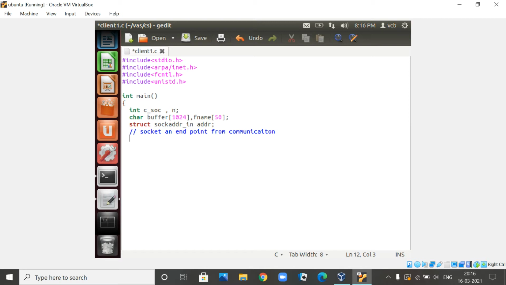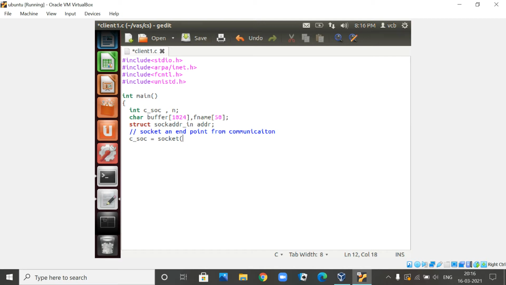Now how we are going to create a socket? This particular socket creates an endpoint for the communication and returns a file descriptor. So what is the socket variable we have used? C_sock is equal to the function we are going to use, socket. Now this is going to create a socket. It has three arguments. First is the address family. Which family you want, whether you want an internet family or something related to the operating system.